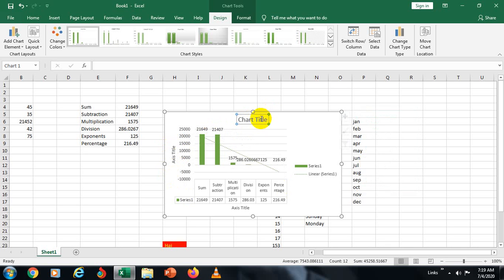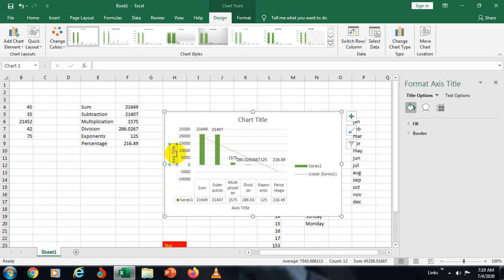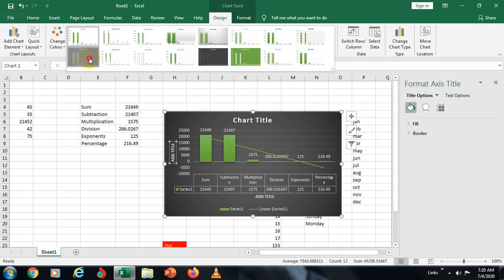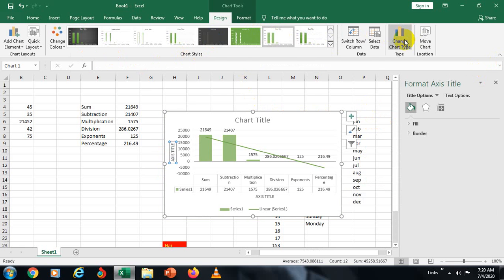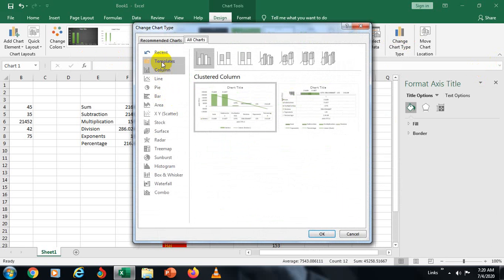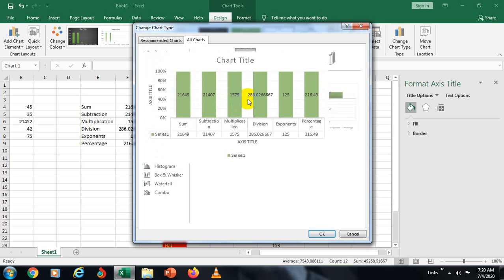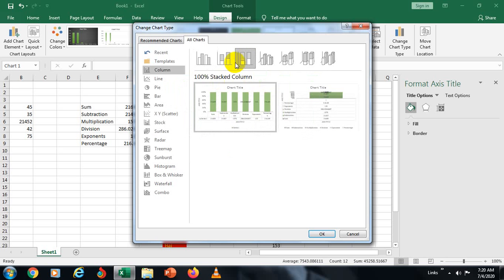Change the chart title also and the labels. Okay, and you can change the chart type also. Here the listed column is there. You can see the preview here.